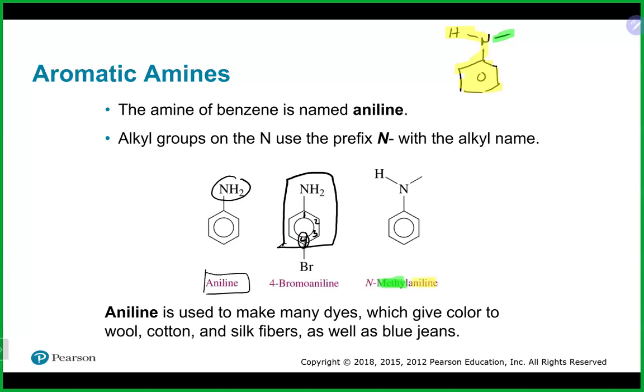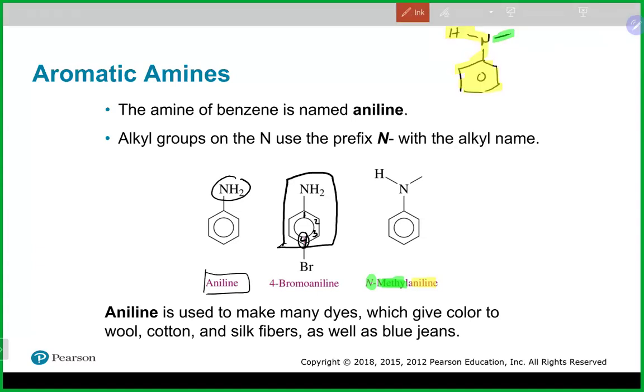So if this was attached to a carbon, we would use a number like 1, 2, 3, whatever it may be. But this is actually attached to a nitrogen, and sometimes with amines and amides, which we'll later see, they will use that N. And the N there refers to the fact that the methyl group is directly attached to the nitrogen. So if you see N-methyl, that means the methyl group should be attached directly to the nitrogen. If you see something like N-ethyl and methyl, they are both attached to the nitrogen. So if you had something like this, for example,